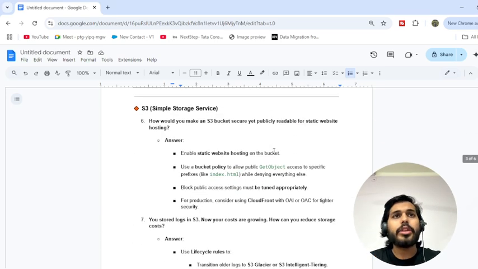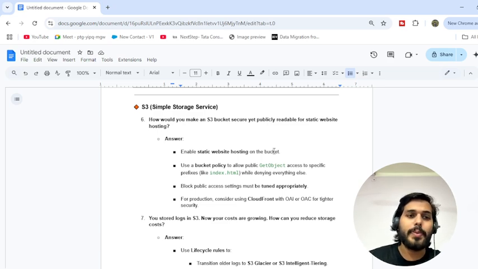Now, moving to the second part, that is our S3 storage part. This was all about the EBS part we have seen. Now move towards the S3. S3 is nothing but Simple Storage Service. Okay. So the first question is all about how would you make an S3 bucket securely yet publicly readable for the